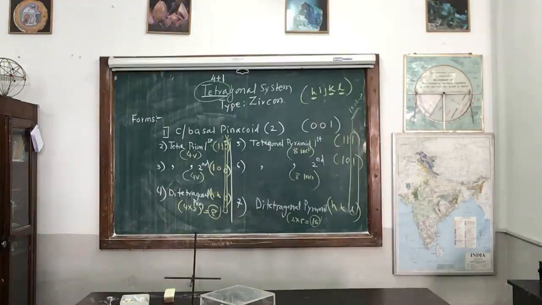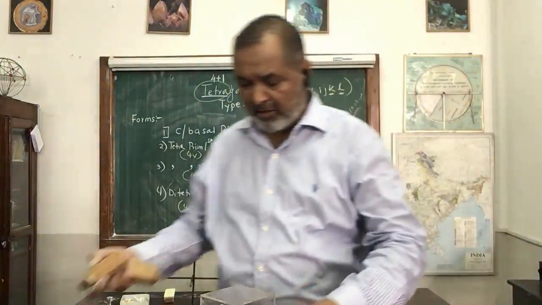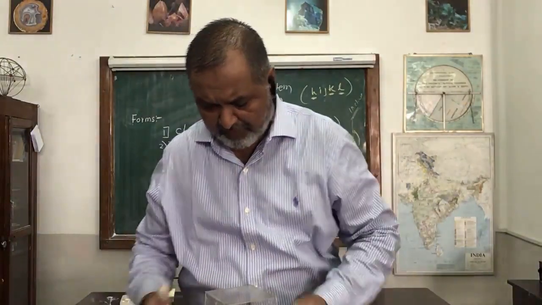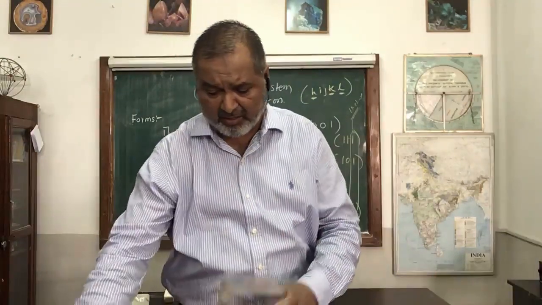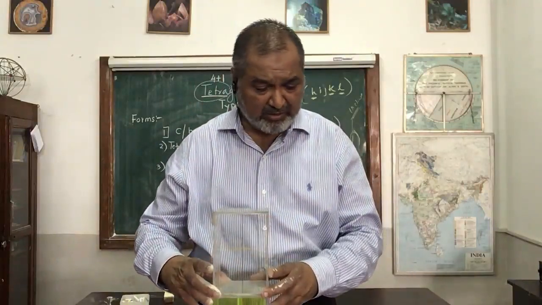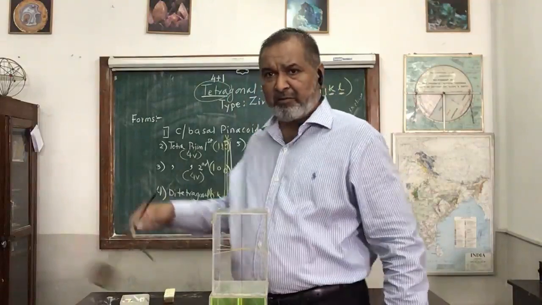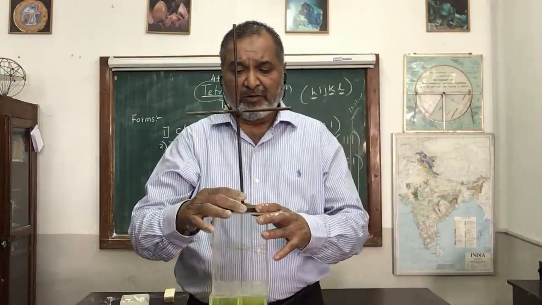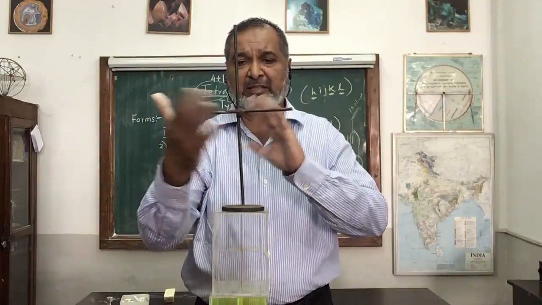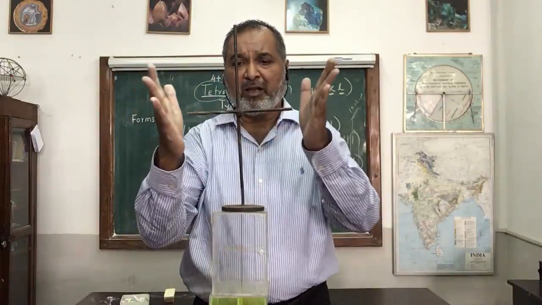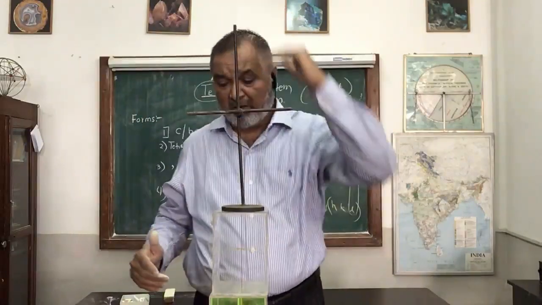So we will try to make out the models which are there in this system. I can show with the PPT also, but now we'll go manually so we can get the idea how the indices of this particular model will be found. That will become the simplest one. Here we have the model representing the axes: A1 running from front to back, and this is your A2 axis, and this is your C axis.